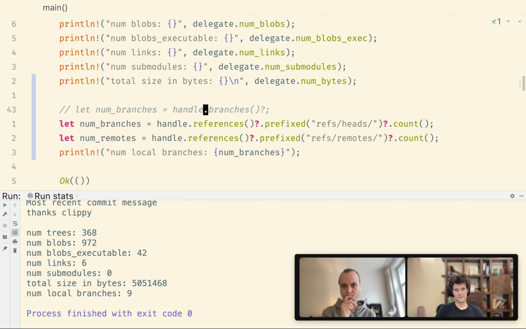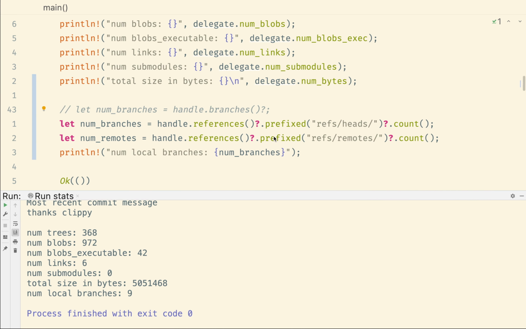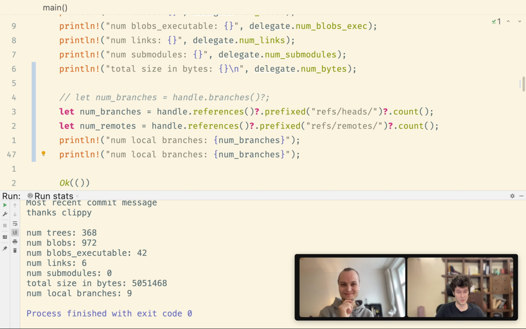It's a question of how to expose this. I kind of feel more like individual functions here, but local and remote, I also like it. But that's the kind of API decision that you then get to make. Do you like what Git2 did, or would you like to reinvent something that is the same but different, and you just think it's better or more intuitive, let's say? Don't know. So the number of remote branches,